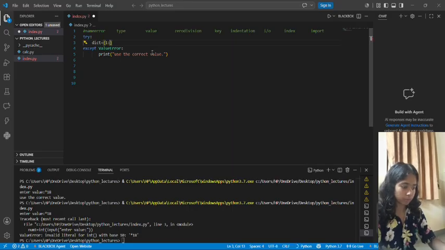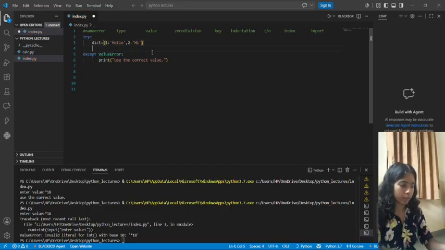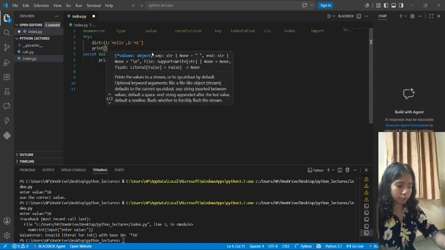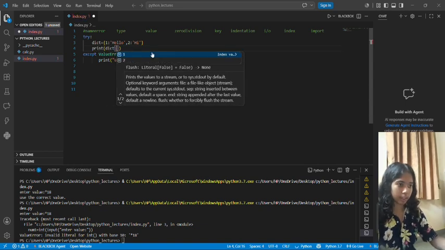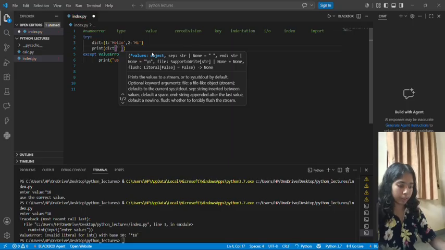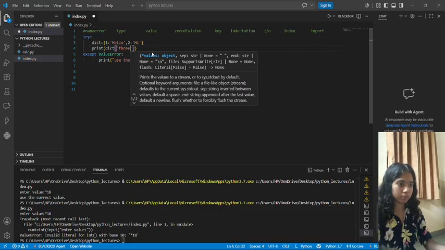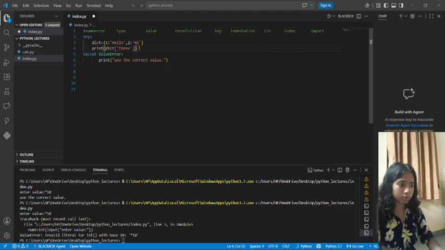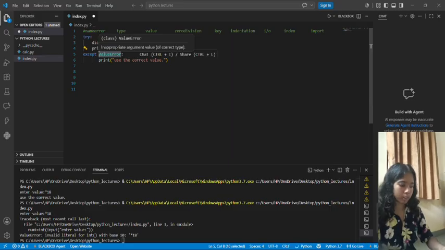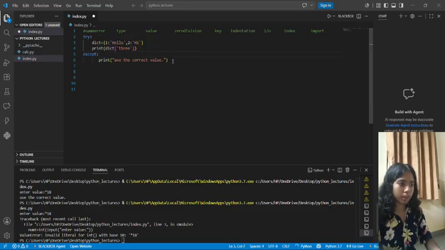One, hello, 2, hi. And now we try to get the value of a key, let it be 3, and let's not specify any sort of error, just perform our except block